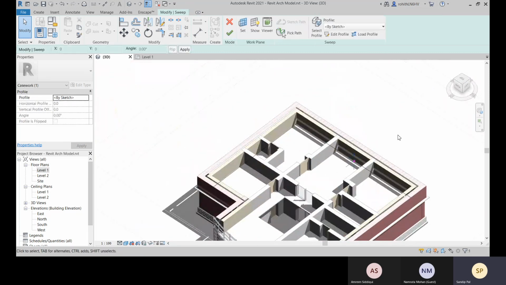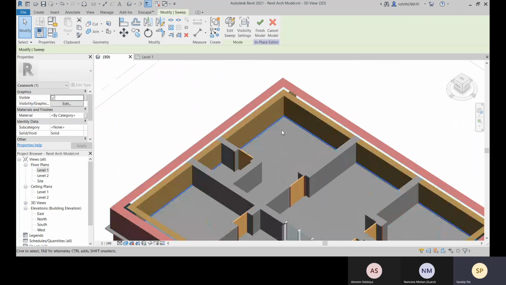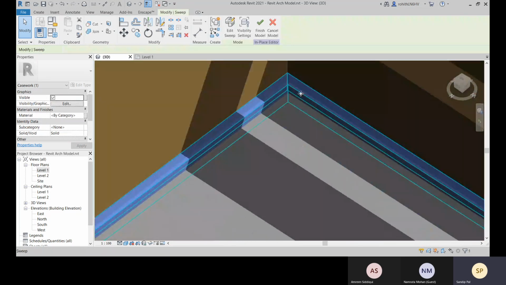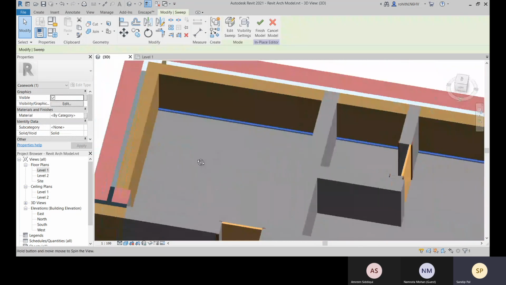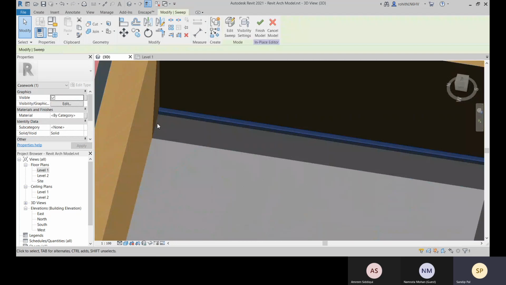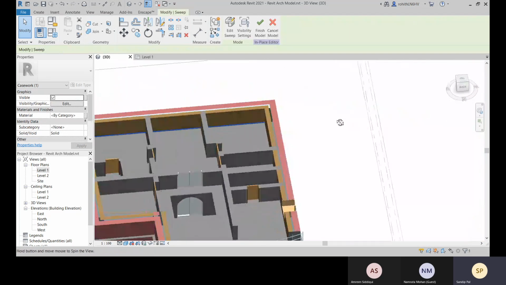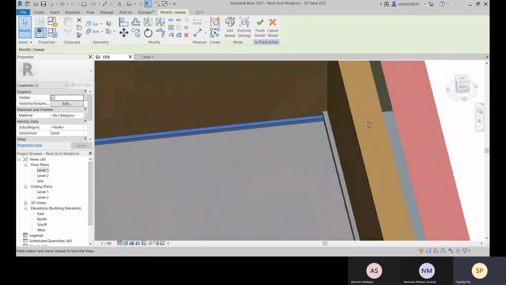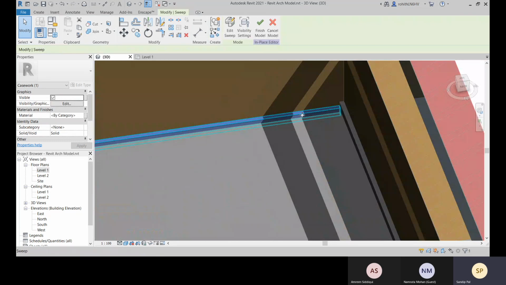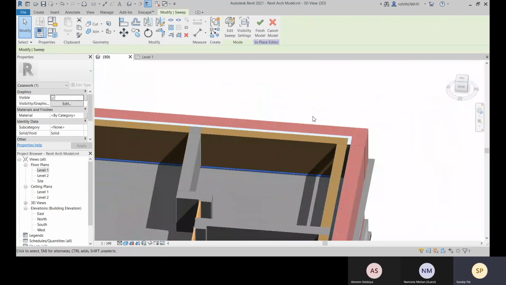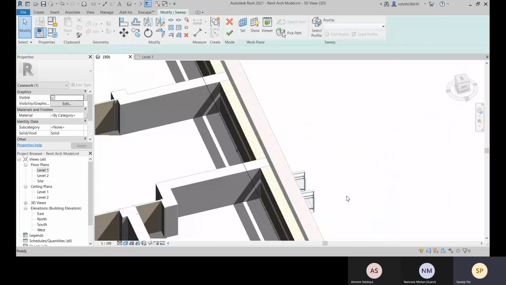Okay, this is done, and then finish it finally, and there you can see it is created till this part. Okay, just let me check edit sweep.